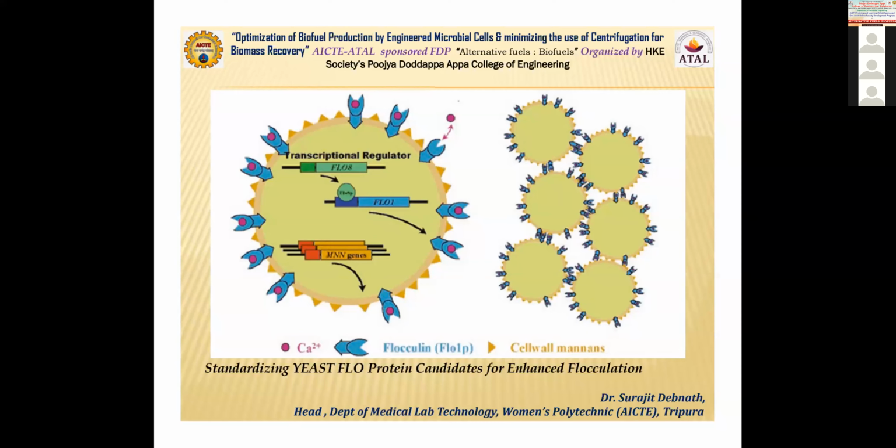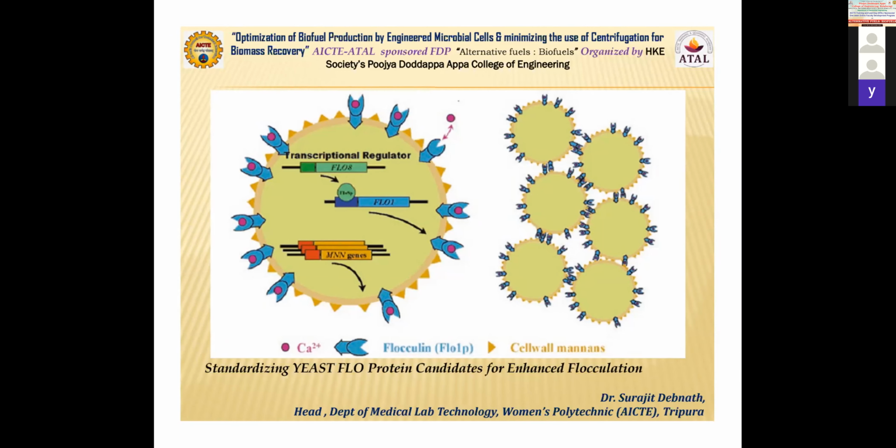In order to do so, we also have to find out which kind of FLO is needed. As you can see here, there are various types of FLO. Okay, they all look the same, but at the molecular level they are not the same. So it is also a challenge to decide which particular gene, because there is a huge number of genes. If every time we take one gene and put it to analysis, it will become a very big burden. So we also have to understand which will not work and which will work. In order to differentiate between false positives and false negatives, we have to find the exact true positives or true negatives, isn't it? So in order to do so, we can do a little simulation here.